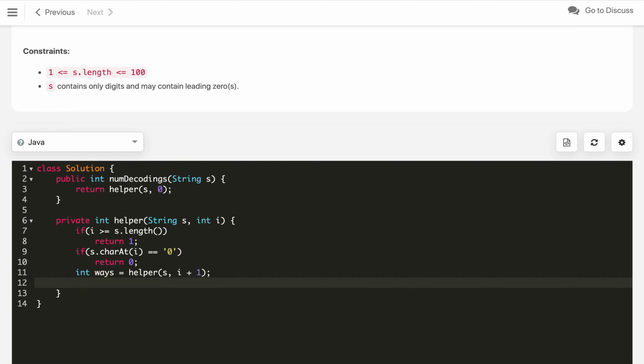And in case of taking two characters, we also need to check whether it satisfies this condition or not.